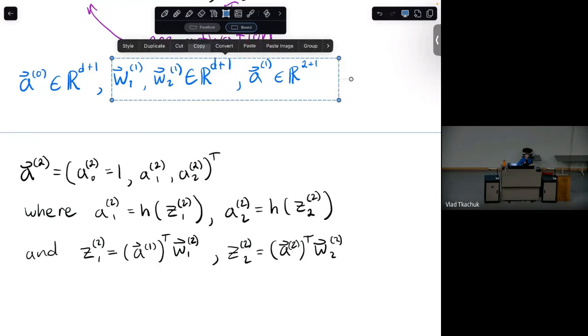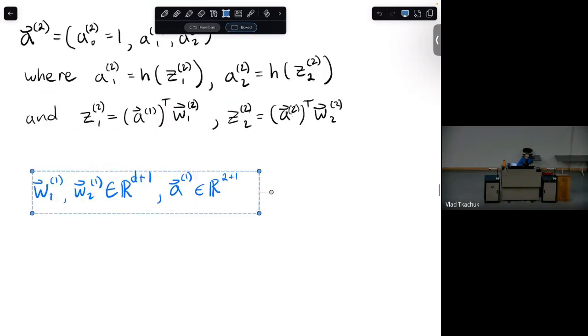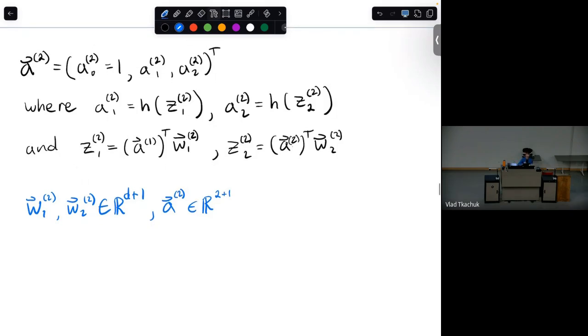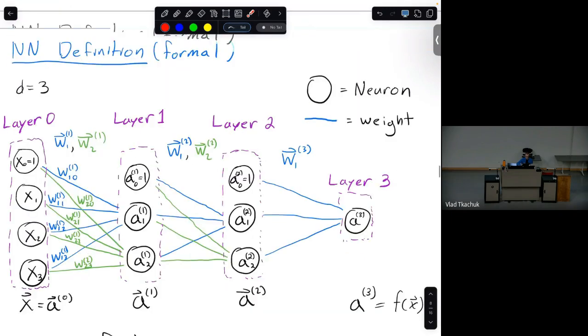Now we want to know the dimension of W2, which are the 2 weight vectors at layer 2, and the corresponding new activation we made, which is A2. These weight vectors, what are they doing?